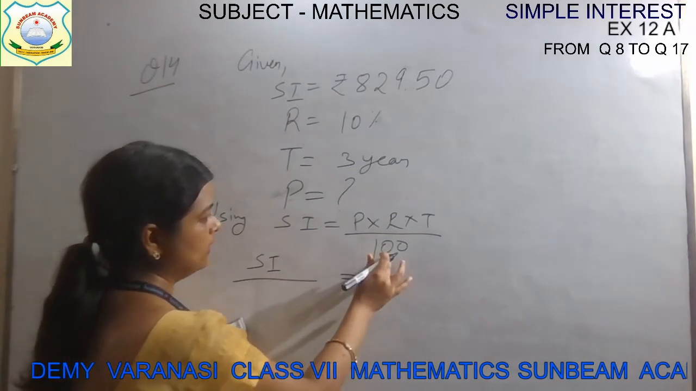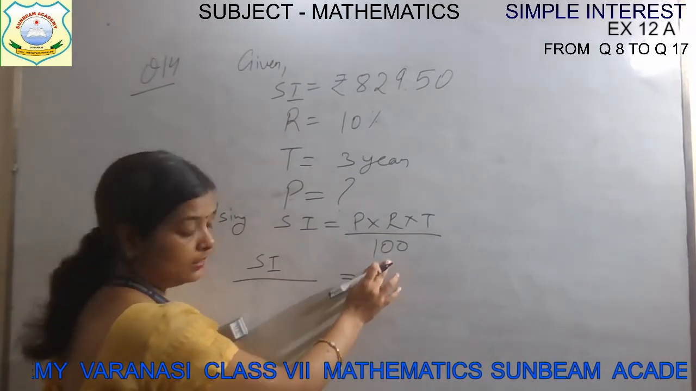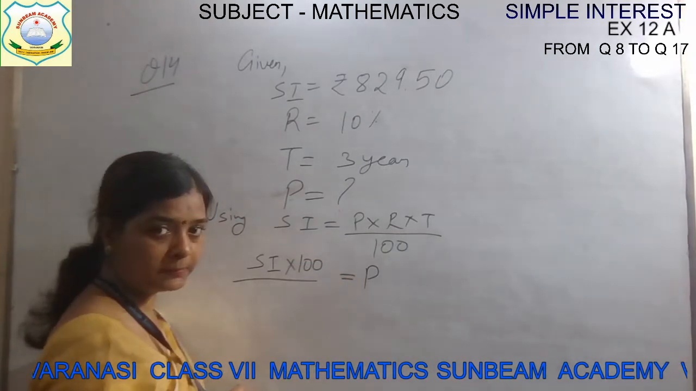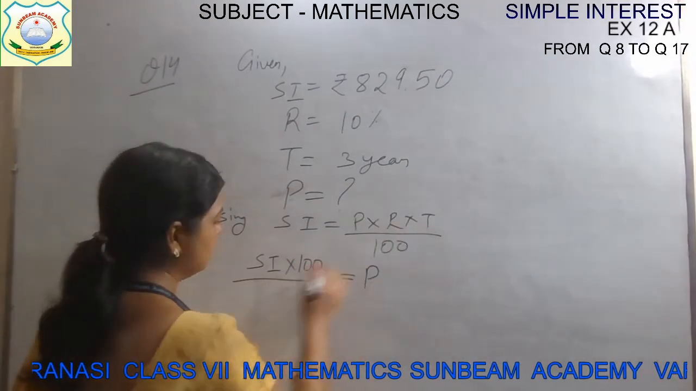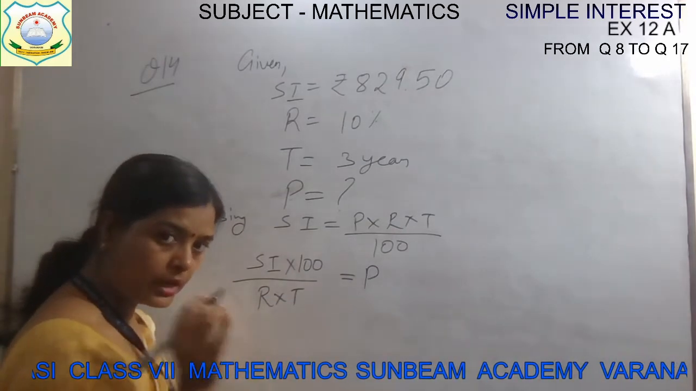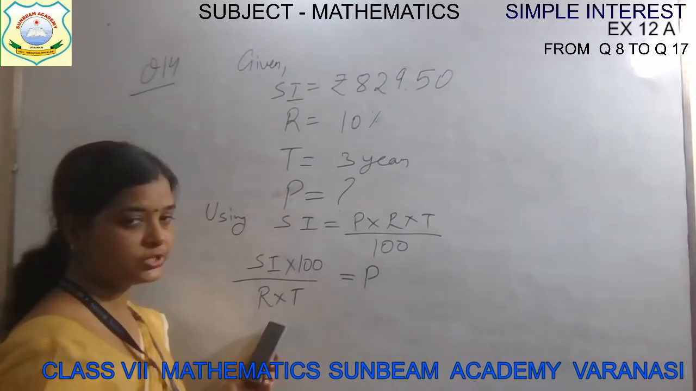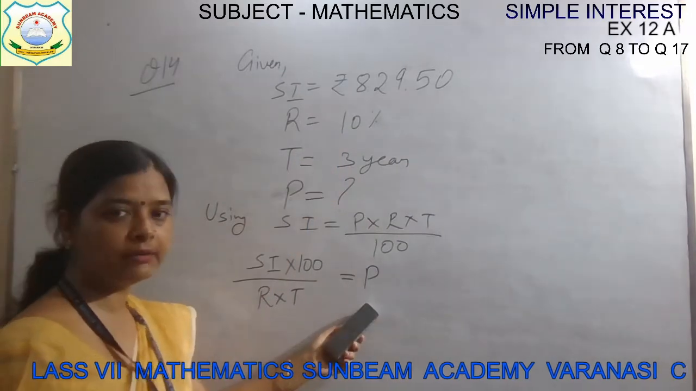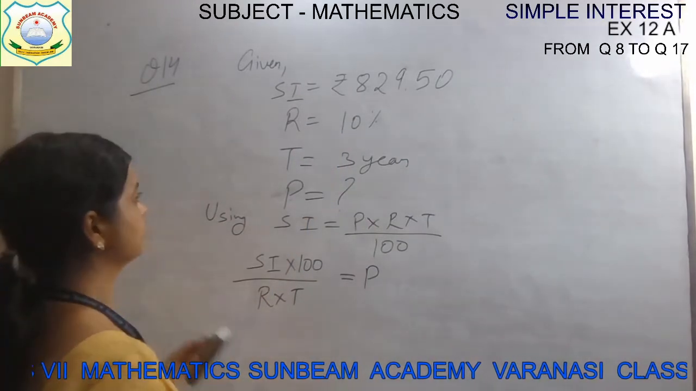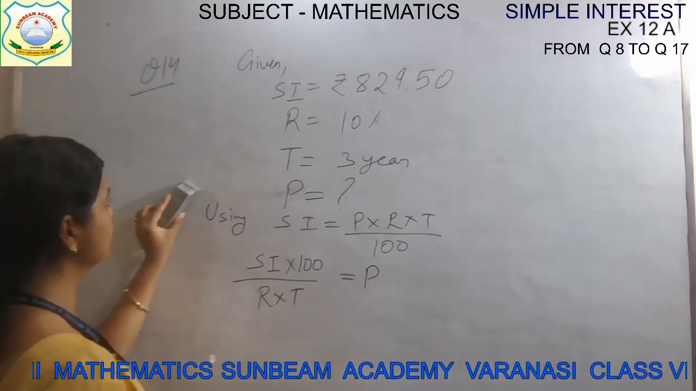And 100 is in the denominator, it is divided here, so it will come to this side and multiply in the numerator. R into T will go for division. So now we will put the values given in the question to find the value of P. Clear? Okay. So now substituting the values,